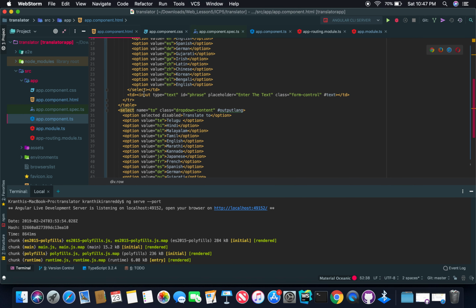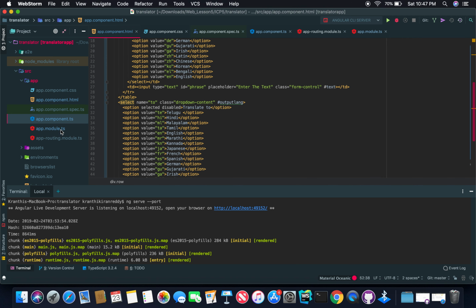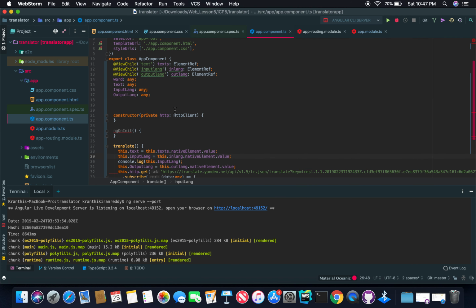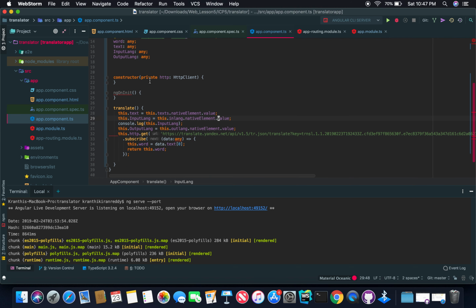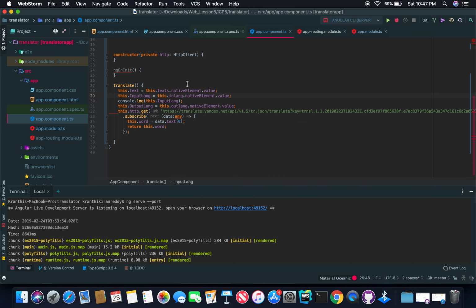Here we are using input for reading text. This #text is a text ID for that. And then in component.ts, we are viewing text, input language and output language IDs. We are giving references to these. These are the references, and then we are initializing some variables for the constructor, and we are using HTTP client. We are instantiating a variable of HTTP, which is used to call